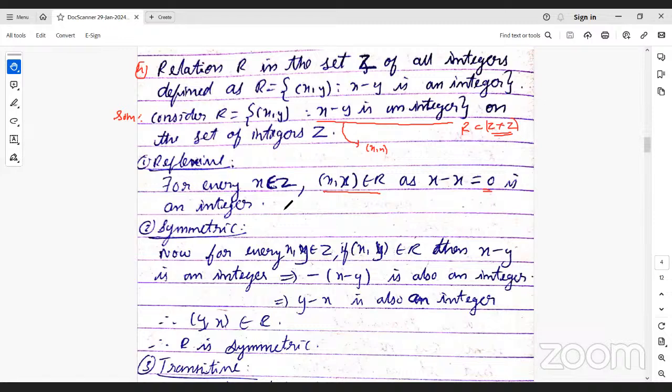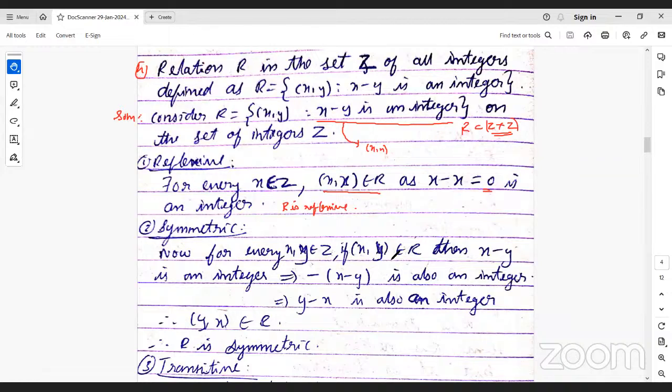0 is an integer, so we can say this is a reflexive relation. So R is reflexive. Okay, R is reflexive. Next, similarly, for the second case, for symmetric, now see for every x comma y belongs